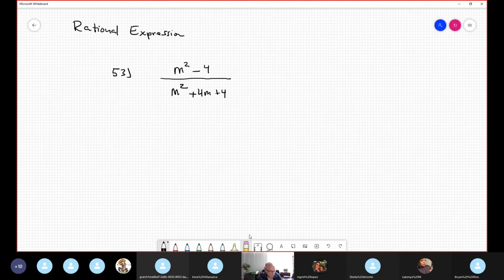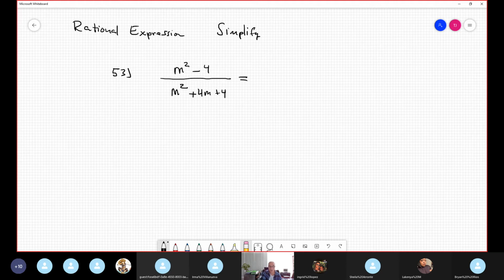Okay, and what should I do? No solving, because this is not an equation. I see no equal sign. We have an algebraic expression, and the only thing we can do is simplify. Simplify means to get one answer that is equivalent to the original. Okay? So you factorize